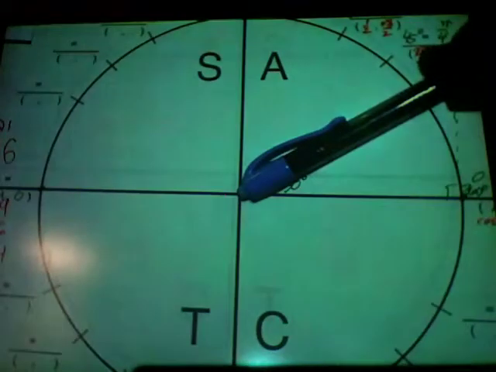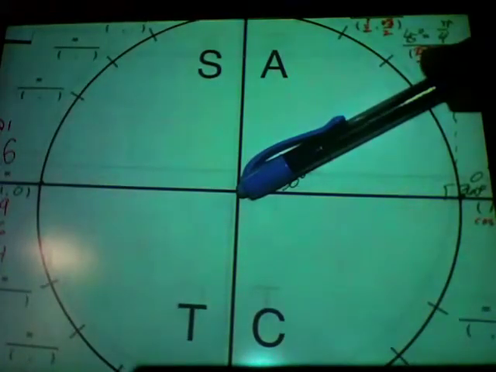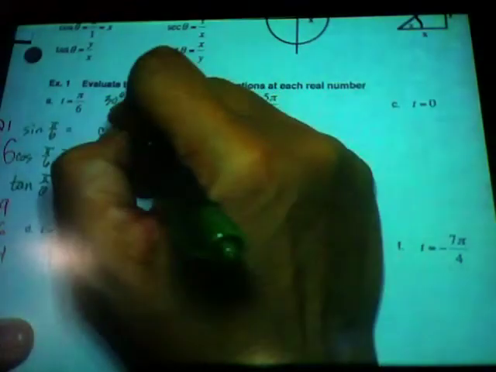Right? So I want to go 1 pi over 6 up here. So I end up in quadrant 1. It's really important to know what quadrant you're in, because x and y change signs in different quadrants, don't they? You need to pay attention to that. So I'm going to put my little quadrants here. So this is pi over 6,